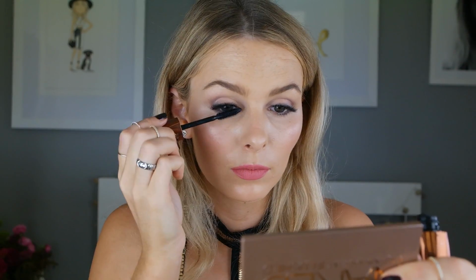Now I'm going to apply the Rimmel Wonderful Mascara with Argan Oil to my lashes, just to blend my natural lashes in with the false lashes. And this is makeup finished. I'm just going to shake my hair out, which I tonged earlier, of course, as I always do. So hair is done, makeup is done, and actually if you want to add a little bit of sheen